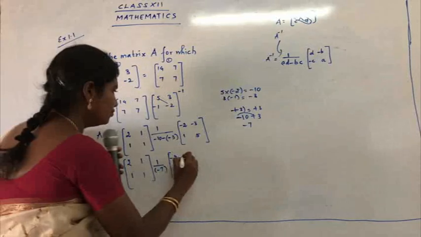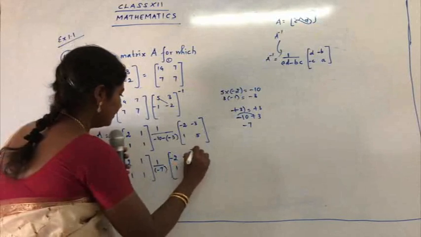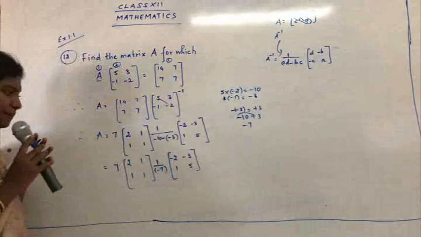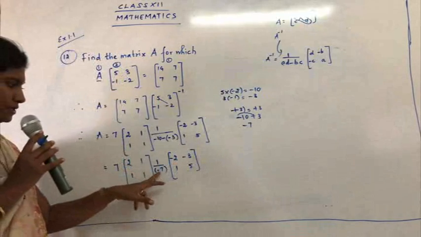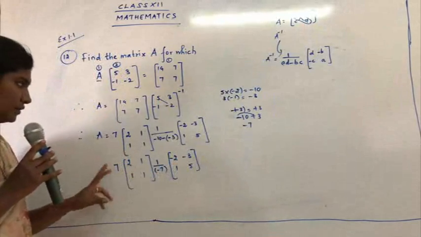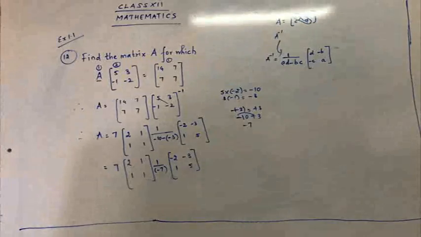Keep this as it is. 2, 1, 1, 1 and minus 2, minus 3, 1, 5. Actually, do not place the negative sign in the denominator. So try to take the negative sign in the numerator part itself. So let's combine the answers here.